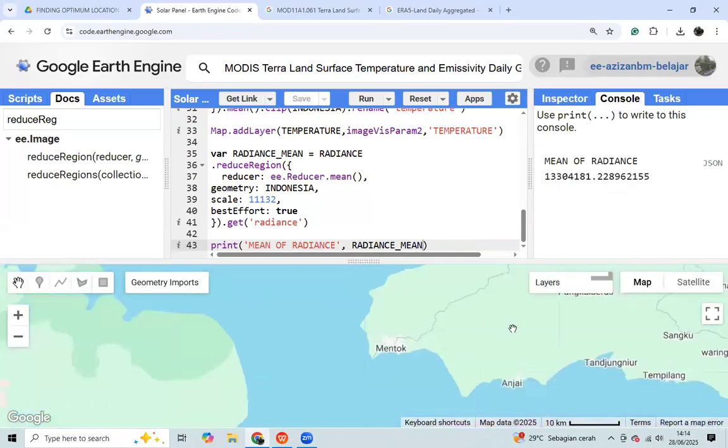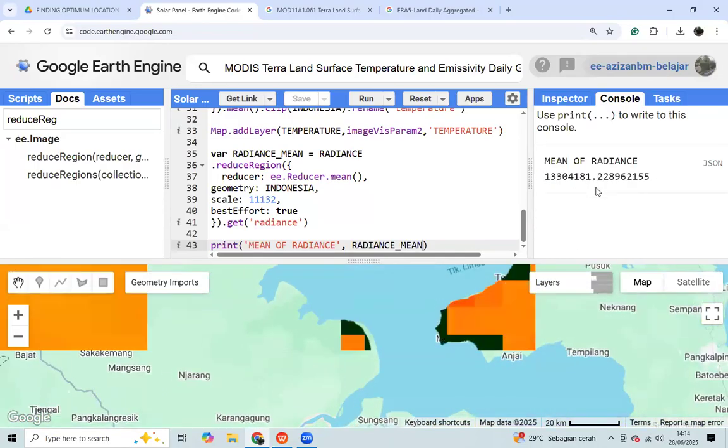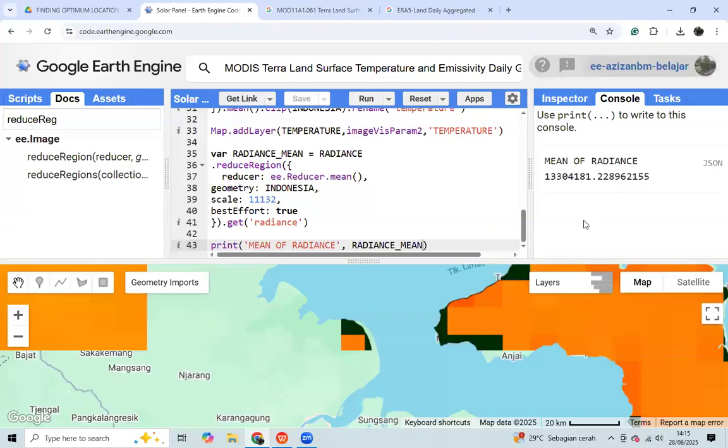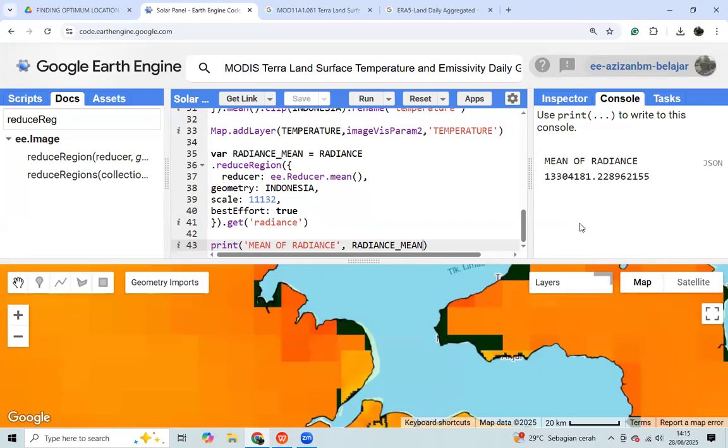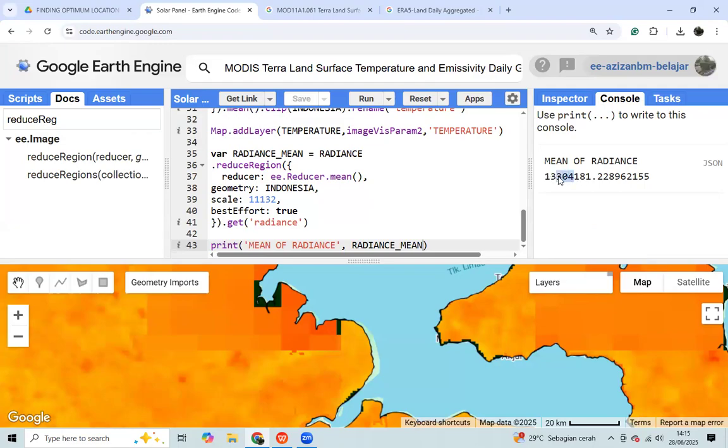You wait until this is done. Okay. The mean of radiance in Indonesia is 13 million joule per meter square.